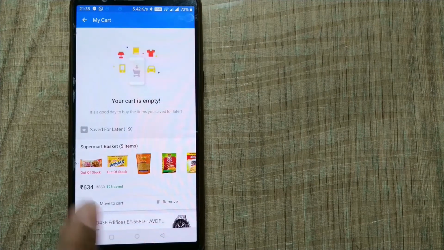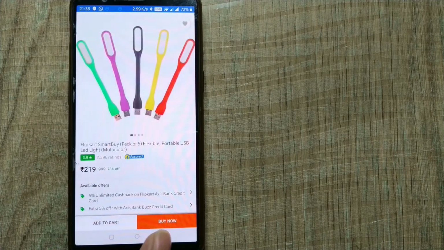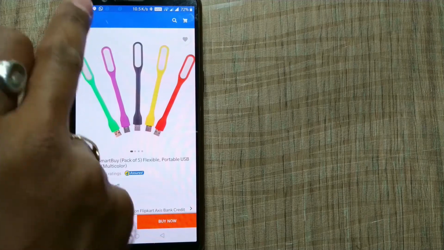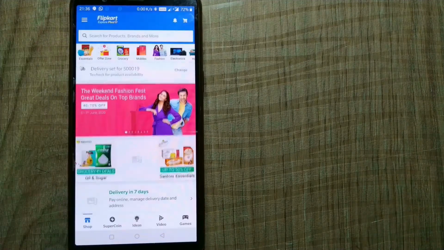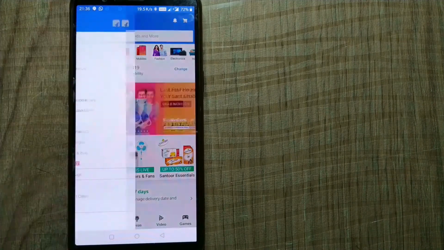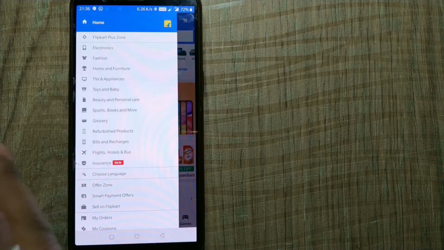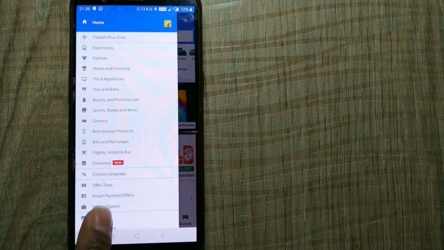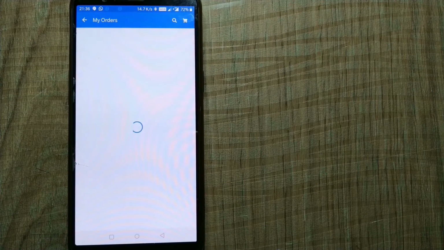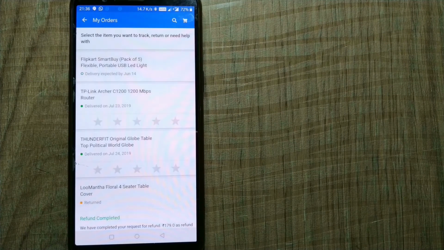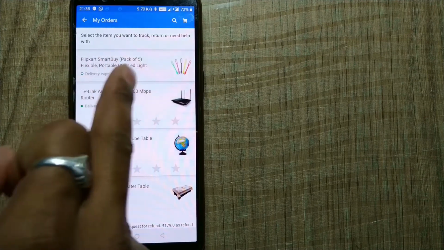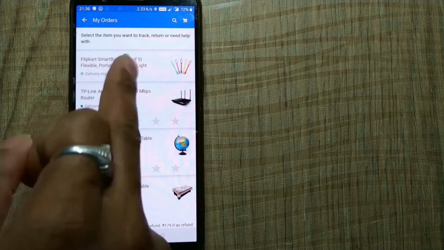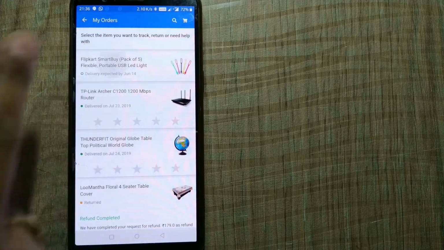So if you want to do that, then you can go to your home page. I'll just go to my home page. So this is my home page. You can see here, at any other point of time also, my orders. Well, it should be done before the product is delivered. When you press my orders, you can see this thing is already reflecting on this top half, like the recent orders. You can click this.